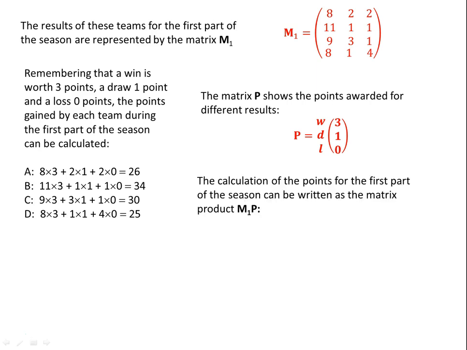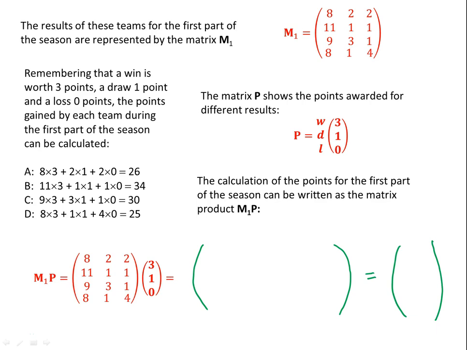So we can do the calculation by calculating the matrix product of M1 times by P. So M1 times by P is calculated by doing the calculations we have just done. So in this case, the first entry is simply going to be 8 times 3 plus 2 times 1 plus 2 times 0, which gives us 26. The second entry is going to be 11 times 3 plus 1 times 1 plus 1 times 0, which gives